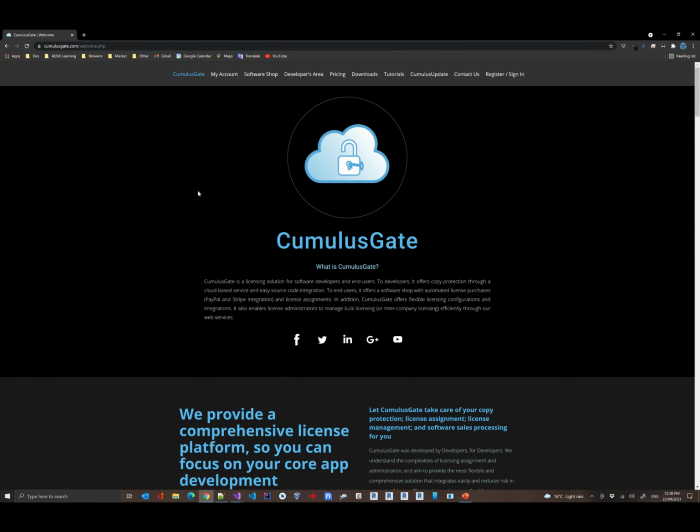Hi. So today we're going to have a look at how to set up your new user account and register your application on CumulusGate.com. And then we'll have a look at how to hook into the licensing services in your .NET desktop applications. So I'm currently at the CumulusGate main webpage at CumulusGate.com, and what you need to do is